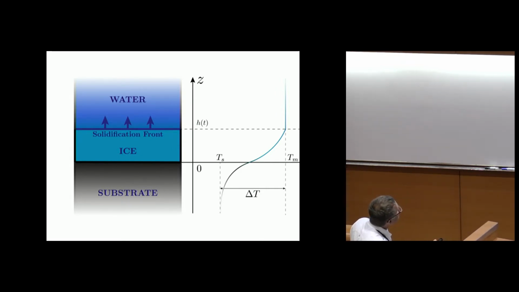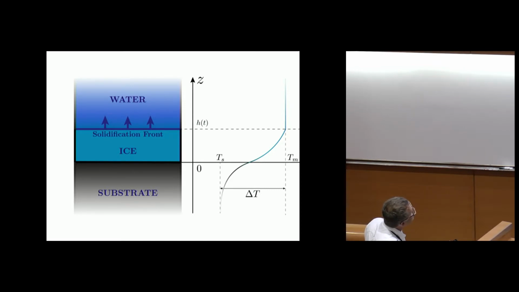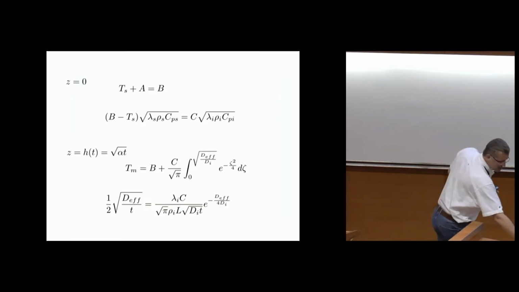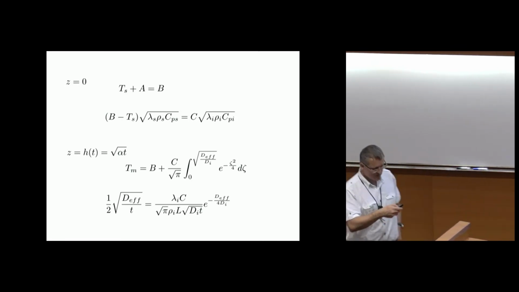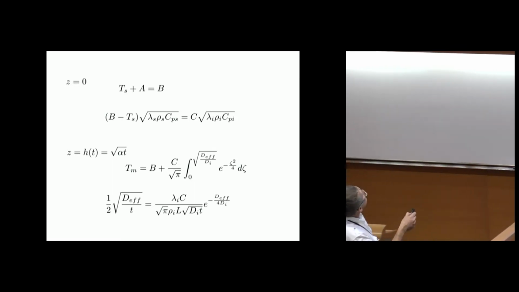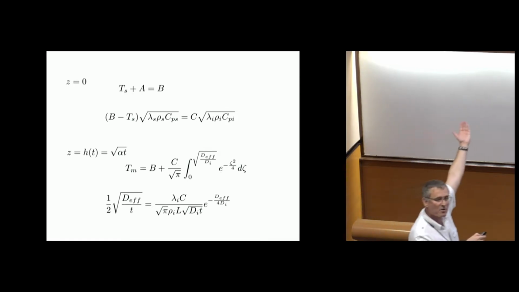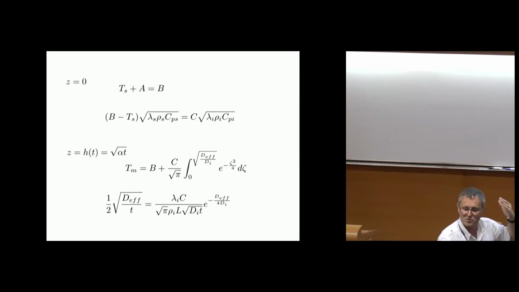And you have some boundary conditions. Here you have that the flux should be continuous. I mean, the figure is not correct because the slope should be different here, because the flux should be continuous, but not the slope. And here also you have that the flux is exactly responsible for the growth of the ice layer. So that can be put in as a boundary condition for our system. So you have two boundary conditions to apply at z equal to 0. You have to apply that the temperature coming from the solid is the same as the temperature coming from the ice.